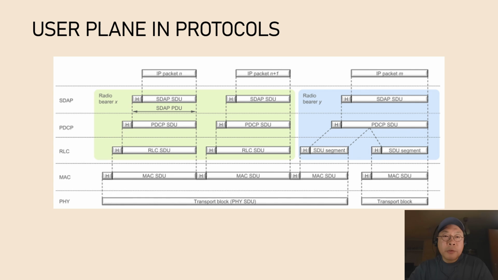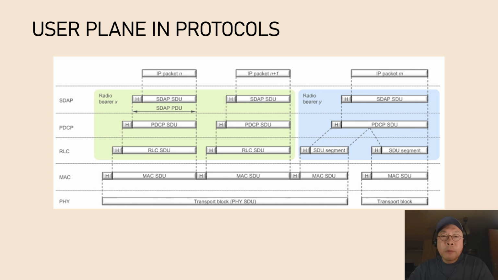This slide illustrates how user data packets are encapsulated in the user plane. At the top of the protocol stack, the SDAP layer receives IP packets from the upper layers. As these packets pass through each protocol layer of Layer 2, they are successively encapsulated with the corresponding protocol headers. With the RLC layer, when user data is prepared for transmission to the MAC layer and further to the PHY layer as the transport block,